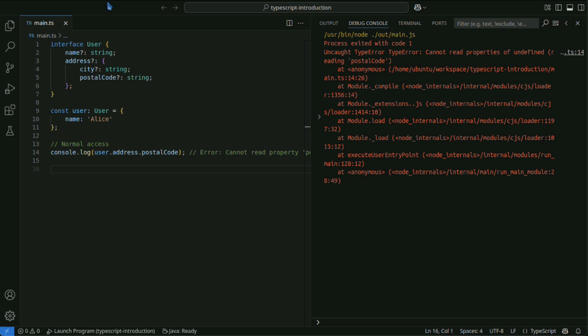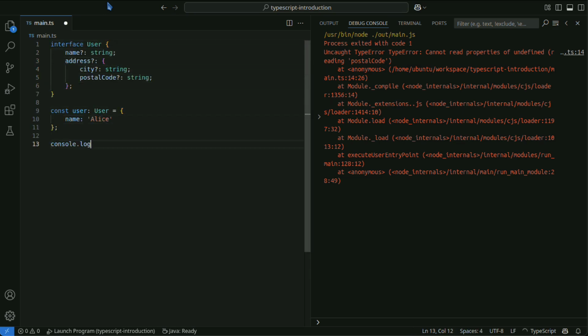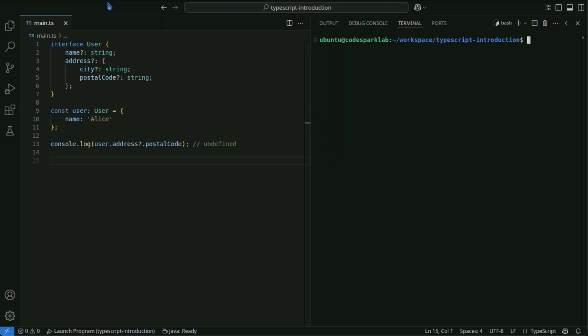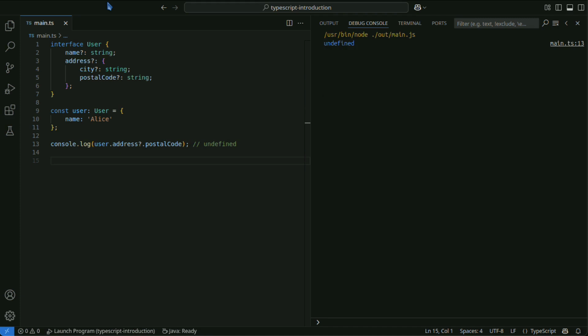Optional chaining can be used to prevent this. Using optional chaining avoids errors and returns undefined instead when properties do not exist.